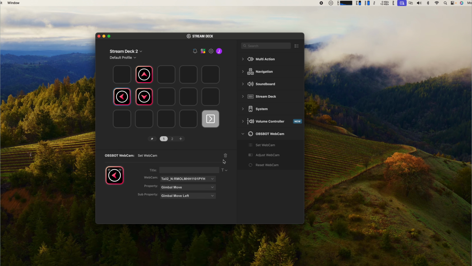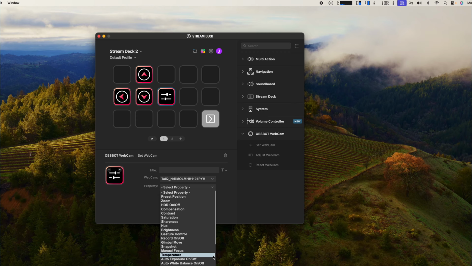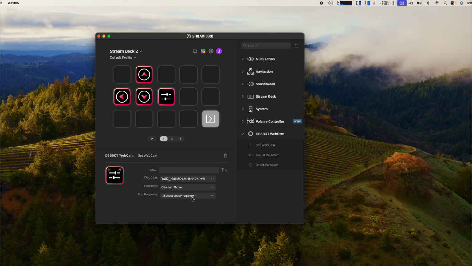And now we'll do the same thing for right, and you'll begin to see just how our control looks on the Stream Deck for OBSBOT Tail 2. Gimbal move right. And so I can fine tune my gimbal even after I've got my presets done, and little by little move my gimbal around so that I can fine tune what I'm looking at for all